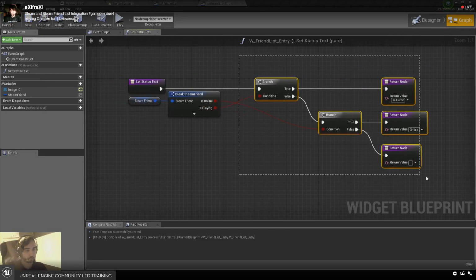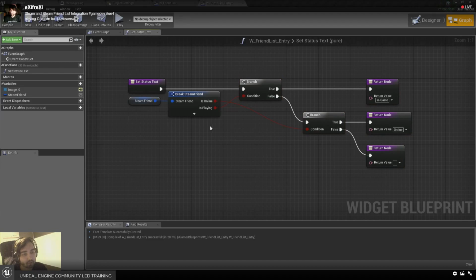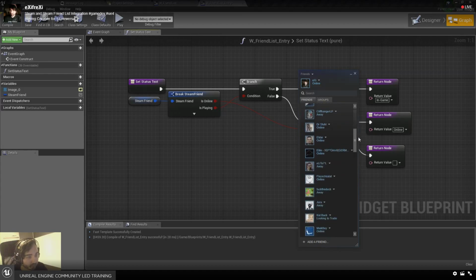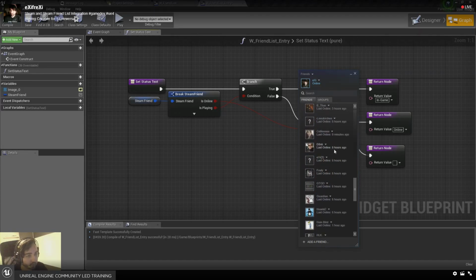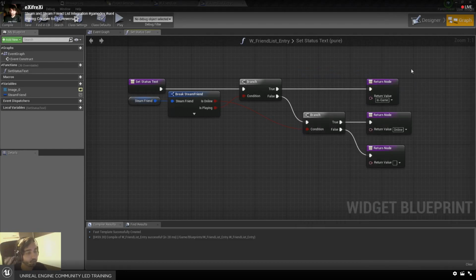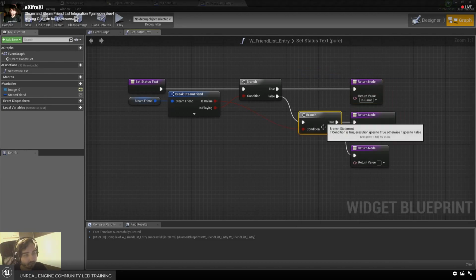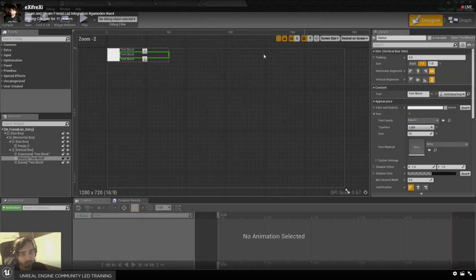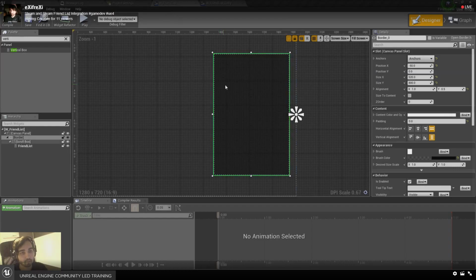I actually, one thing I need to admit, I don't know how to do the last online 6 hours. There's probably somewhere that you can query that from Steam, from the library. I don't find it inside of the UE4 thing yet. It's most likely inside of the already implemented Steamworks library, so that you can just use Steam directly instead of using the online subsystem interface. So we do this, and now we head over to our friend list,